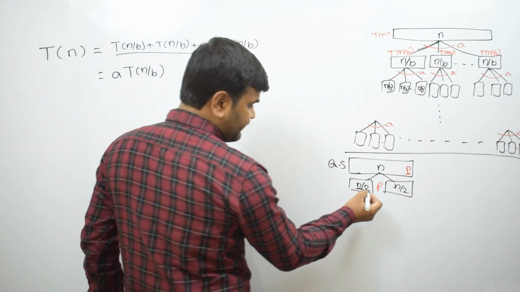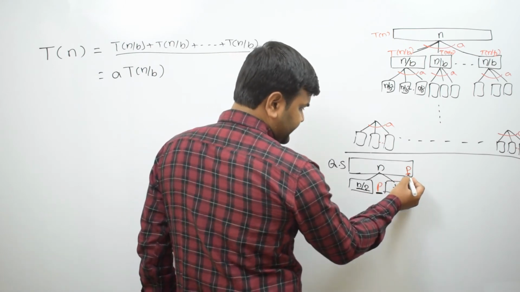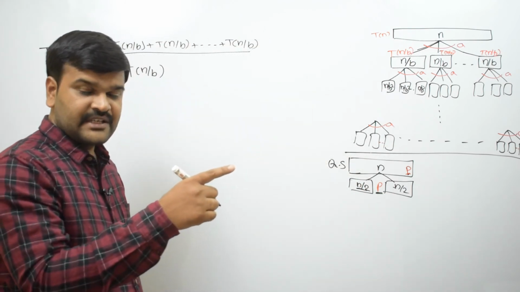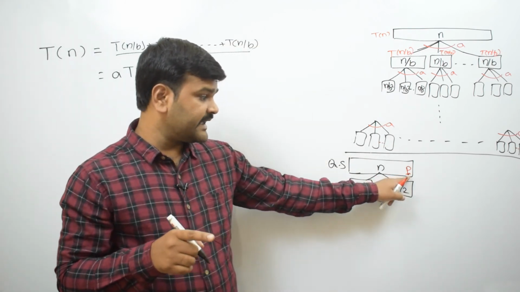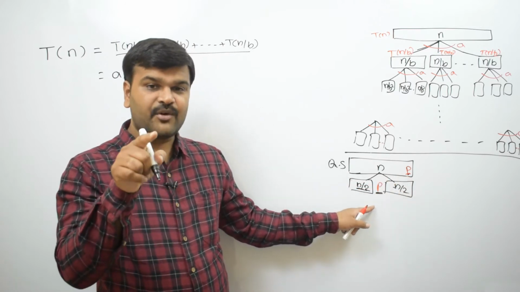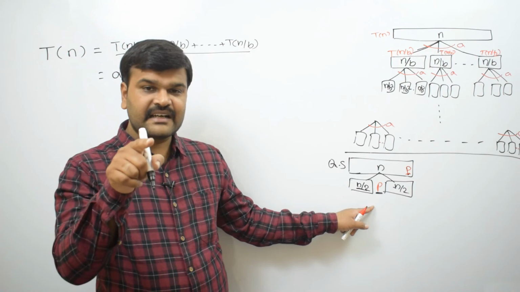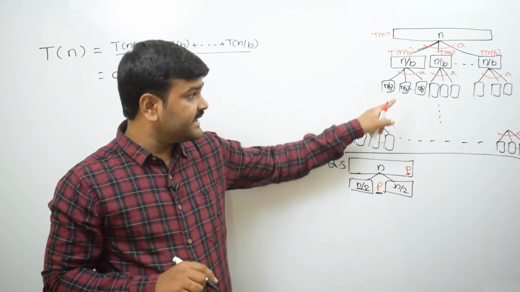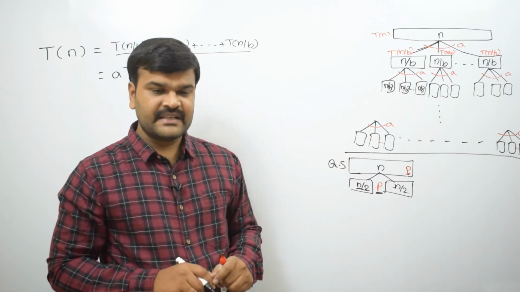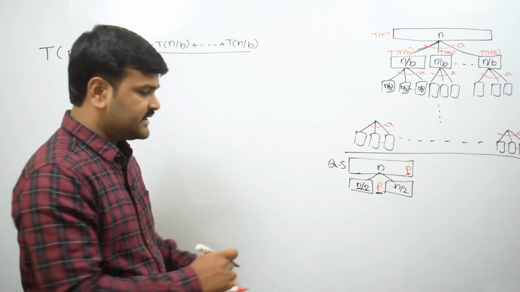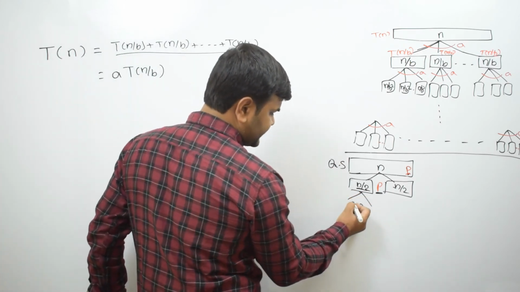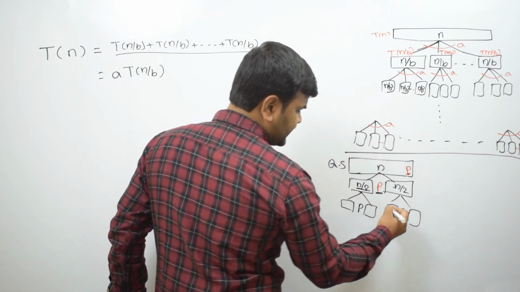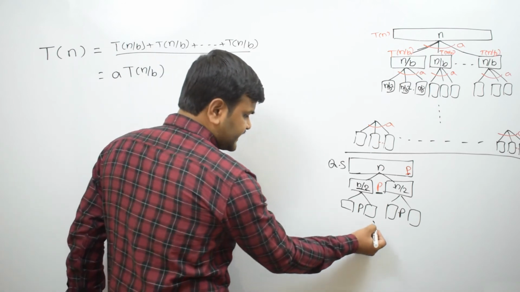But you divided here and selected a pivot element that you placed in its correct position in sorting order. To place the pivot element in its correct position, how much time is it taking? That also you have to consider. That is the dividing time complexity here. This is in the case of quicksort. Like this it is going to divide, the pivot element is placed somewhere, and everywhere it is going to be the same way. Like this it is continuing.